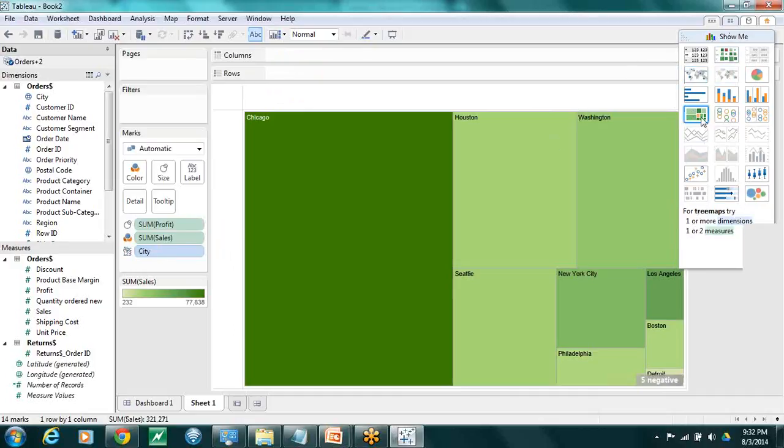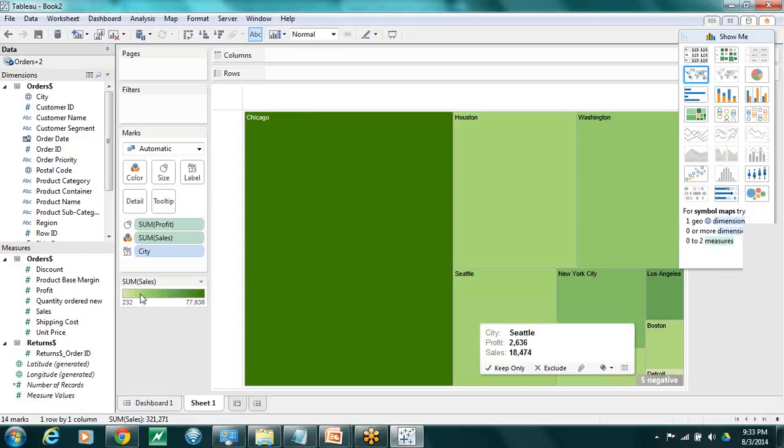So let's see the other visualization, that is the heat map. If I wanted to create the heat map, I just need to select the measures and dimensions, and then select the map which is required for that visualization. So I just created this map, and here what we are showing is that an entire heat map is divided by